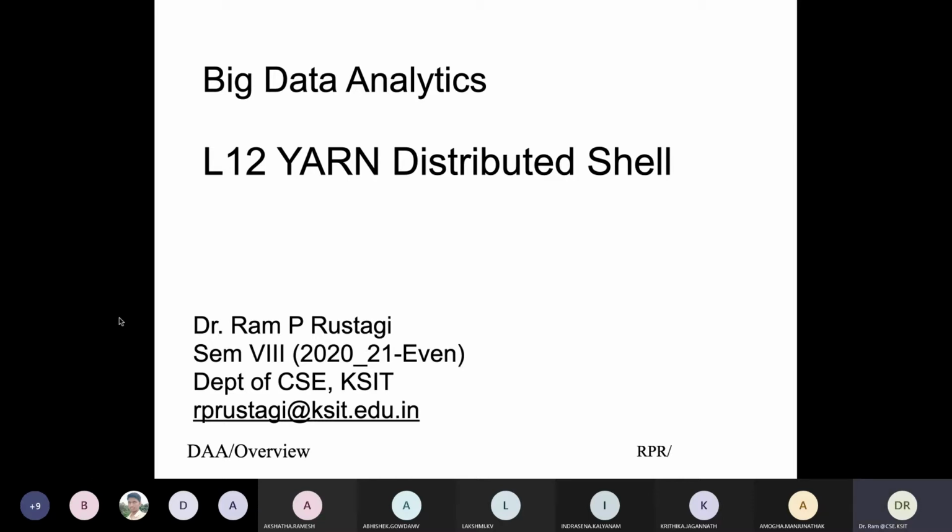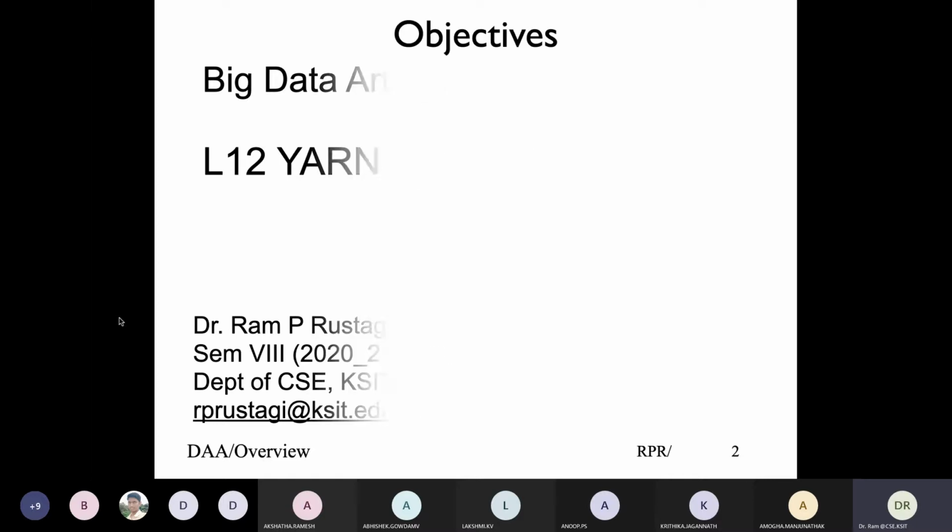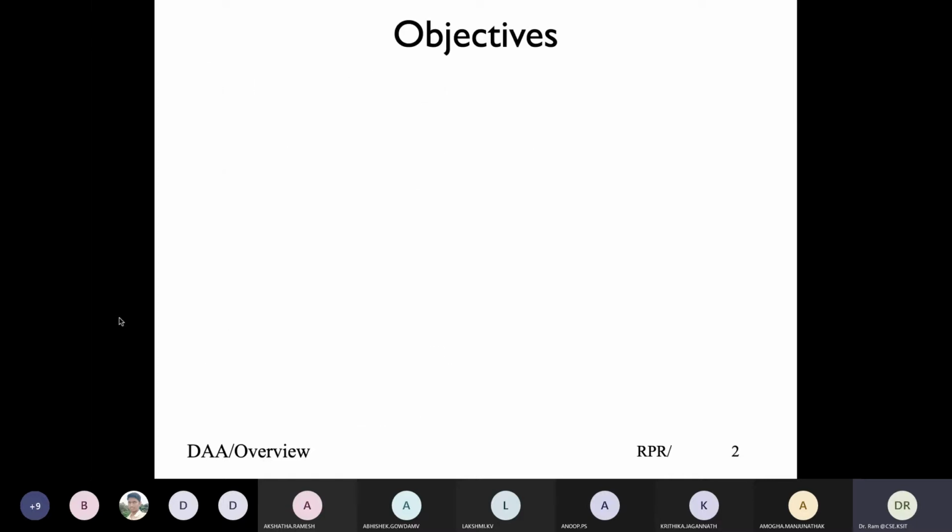We all know what a shell is. Basically, on a Unix system, the interface by which you interact with the OS. It could be Bourne shell, it could be Korn shell, it could be other shells. Or in Windows, you have a CMD command terminal, you run PowerShell scripts and whatever. So the distributed shell does not use the MapReduce framework, but it still uses Hadoop.